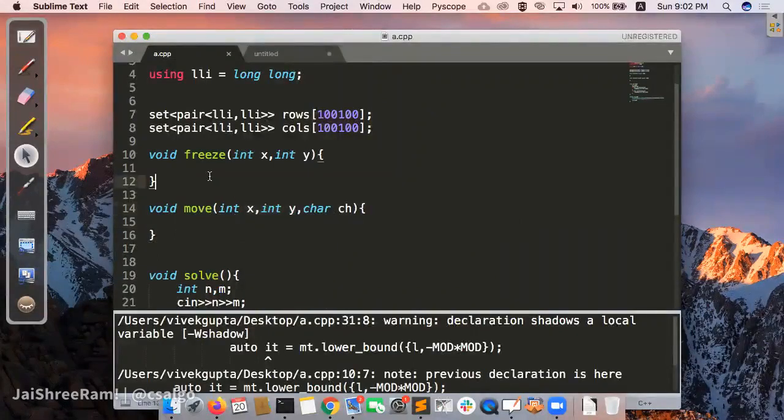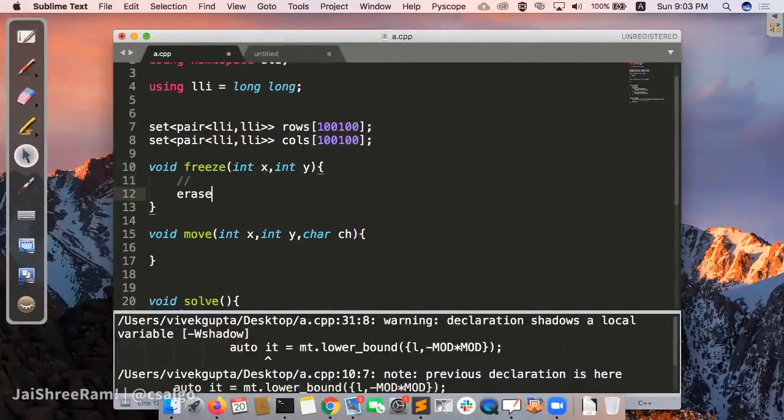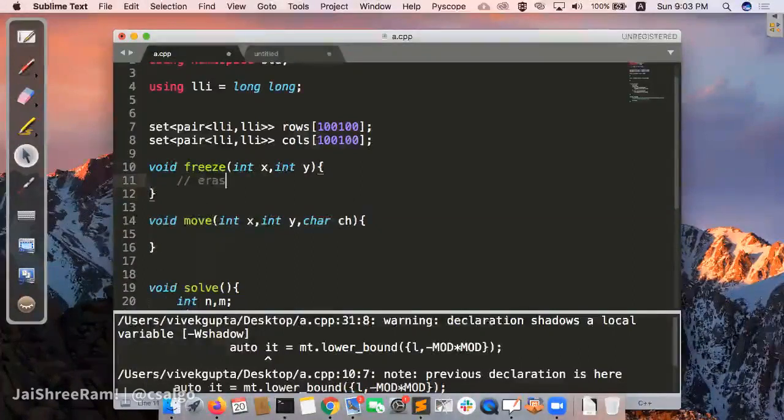Okay. So for freeze, from the xth row we will have to erase the point y from row x, right?